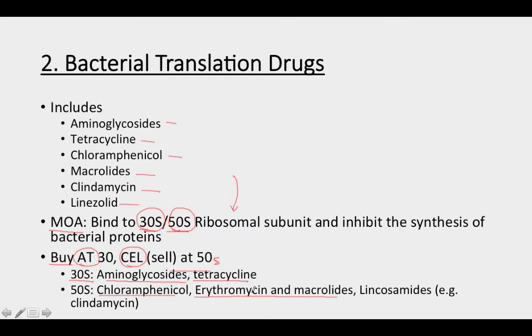So that one doesn't quite work because erythromycin is one of the macrolides. But if you just remember erythromycin is a macrolide, it is erythromycin and all the macrolides bind at 50S, and the lincosamides such as clindamycin, as is mentioned above. Right? So that's an easy mnemonic you should remember to tell you which of these translation inhibitors binds to which